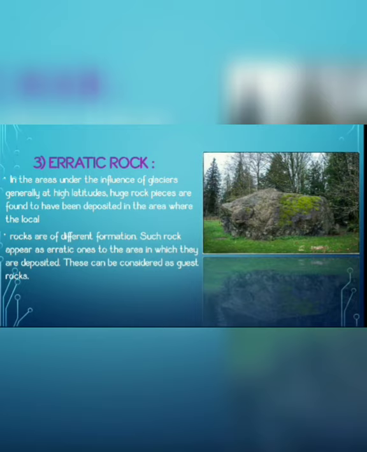Similarly, you can determine an erratic rock because it is a different rock. It is not the same as all other rocks. You can say that this particular rock has been carried away or has undergone some process of erosion, and because of that its texture is different from other rocks.